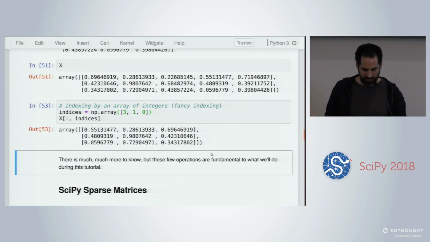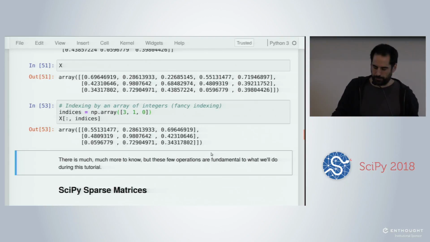So maybe it's a bit weird. I can give you another example. If I do np.arange, for instance, of 12, this is just an integer array with values between 0 and 11, so 12 values that increment. 12 is 3 times 4, for instance, so I can reshape this as 3 times 4.